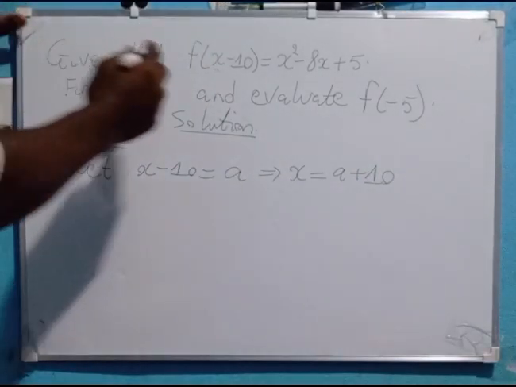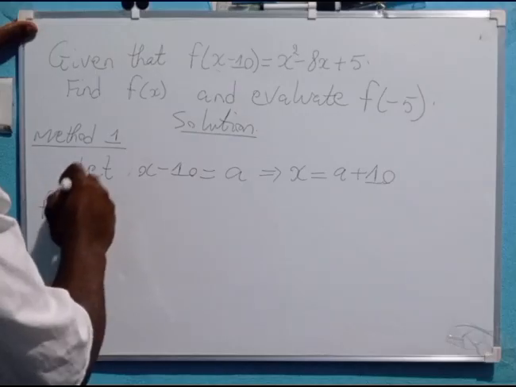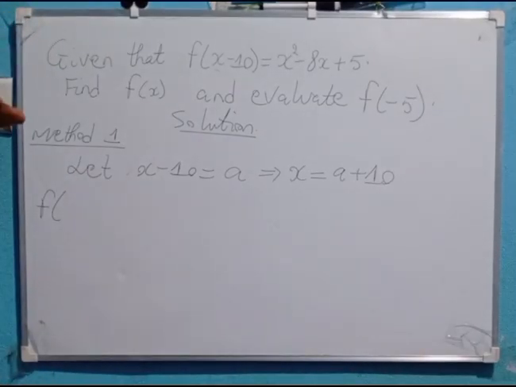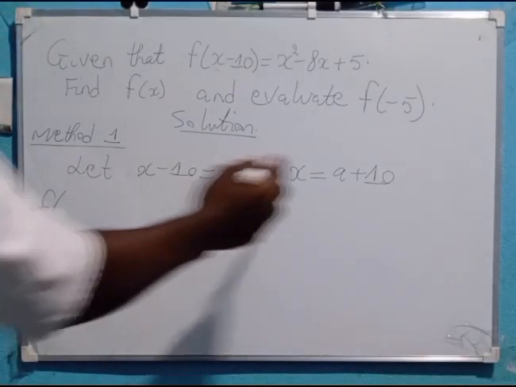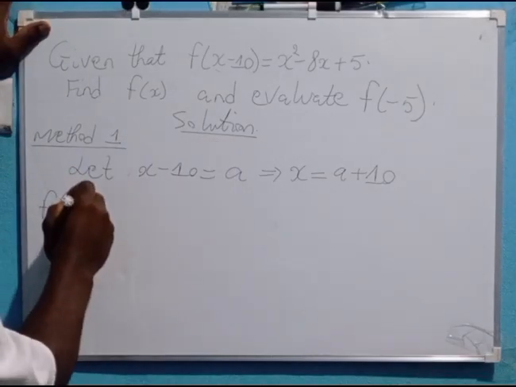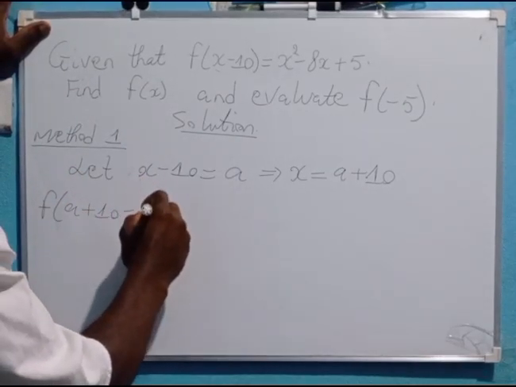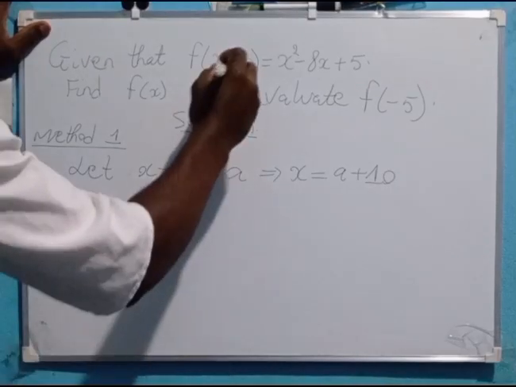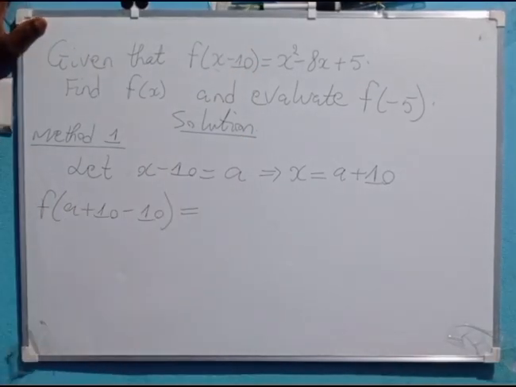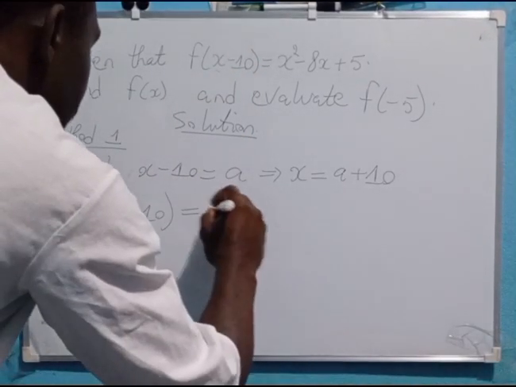Now if we take the function, we have f of x minus 10. We are going to replace x with a plus 10. This will give us f of a plus 10 minus 10, and this will be equal to f of